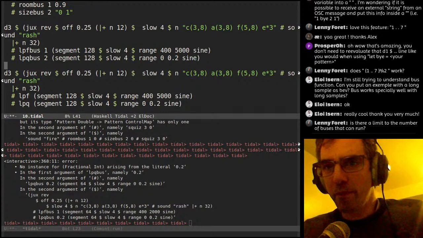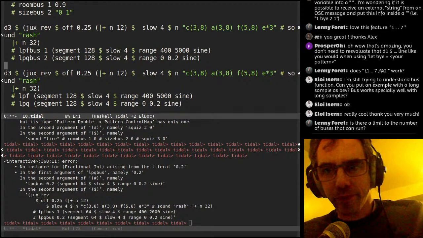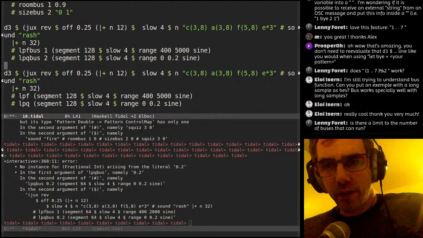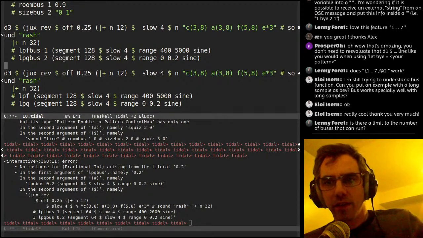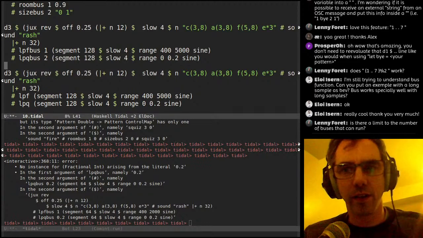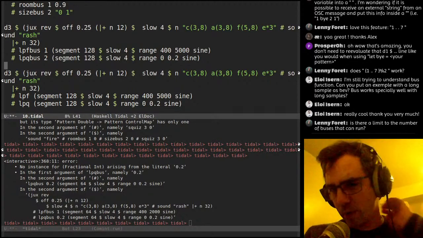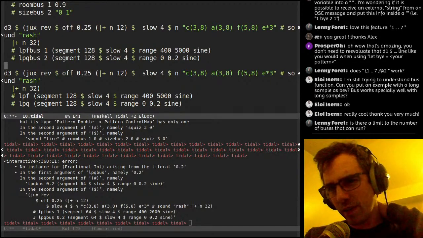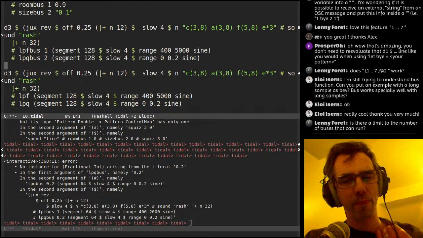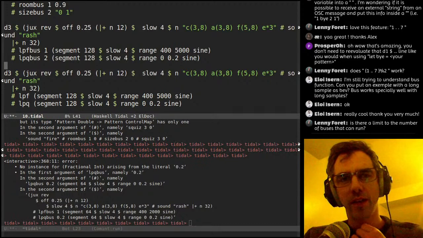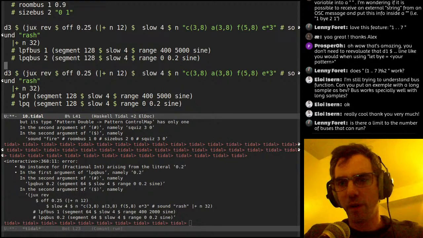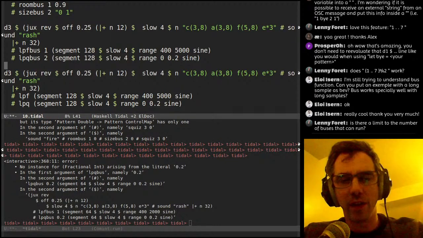Is there a limit to the number of buses? There is a theoretical limit, but I think you're quite unlikely to hit it. I think it probably does go up to something like 128 or something like that, but I'm not sure. It's all quite experimental, this feature. It will develop more,